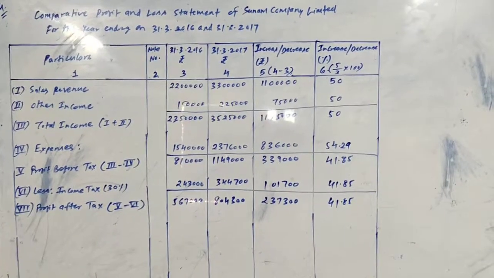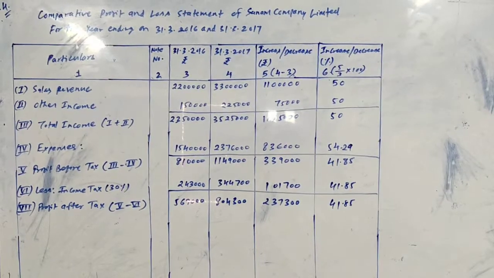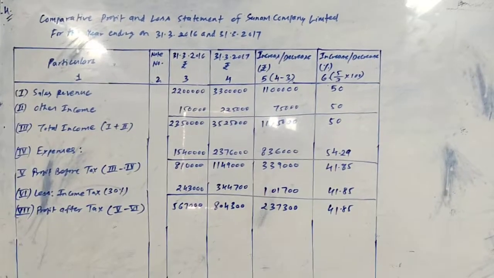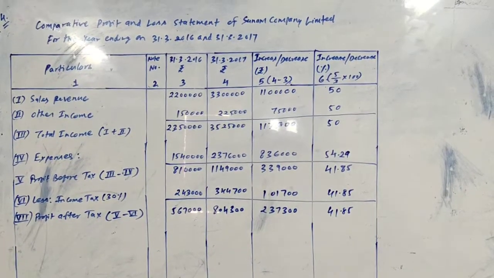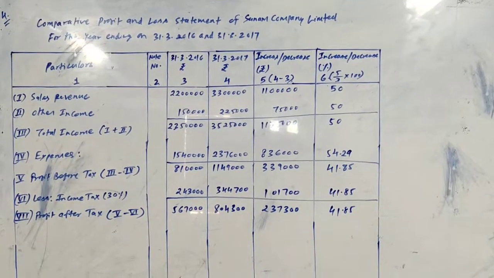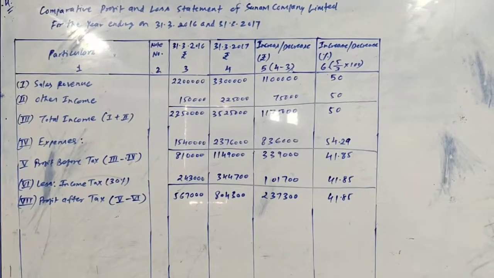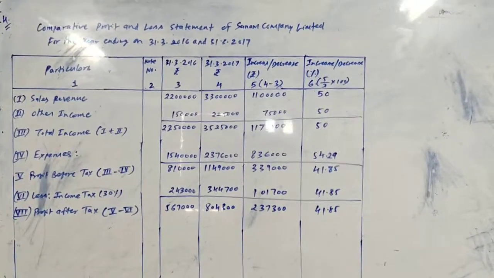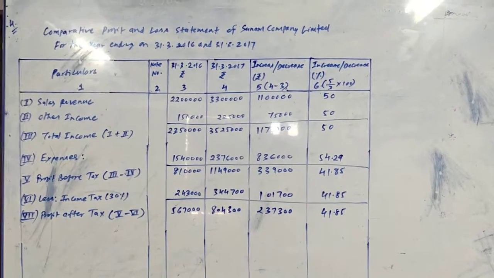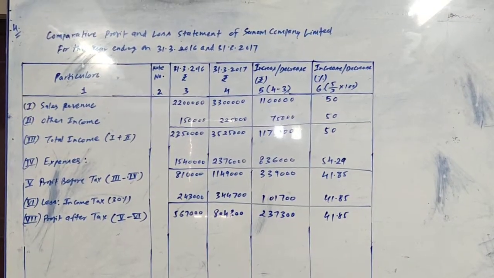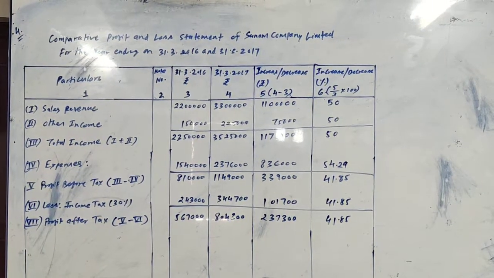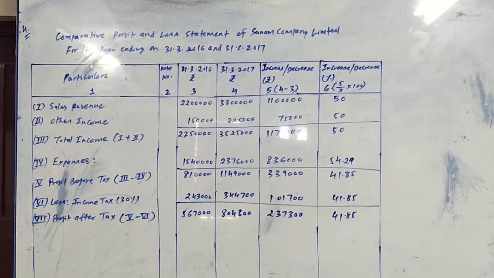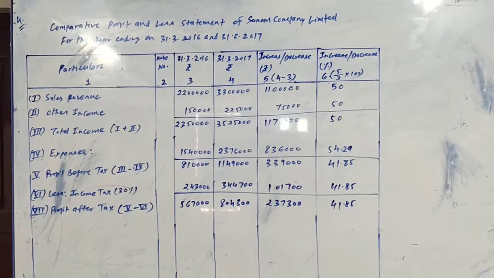We get the individual amounts 2,43,000 and 3,44,700 for the years 2016 and 2017 respectively. Now the difference of the two is 1,01,700, which is also 30% of 3,39,000. Anyhow you can calculate, and this is an increase. So an increase of rupees 1,01,700 against 2,43,000. When we convert this in percentage, 1,01,700 divided by 2,43,000 into 100, and we get 41.85%.